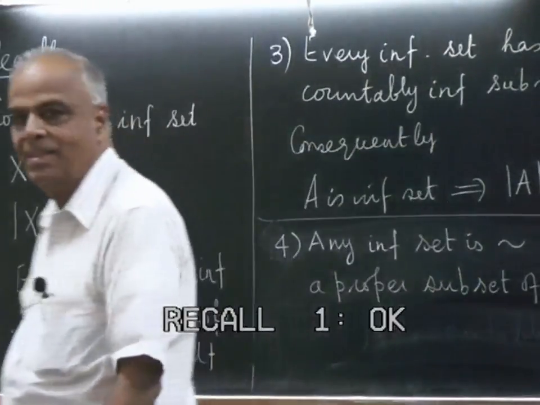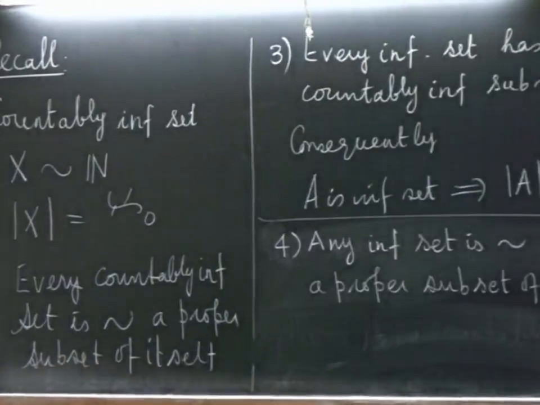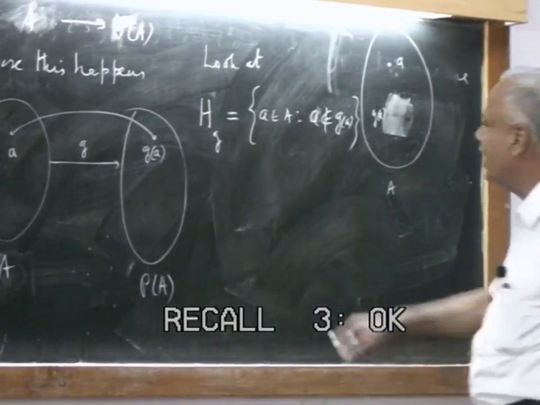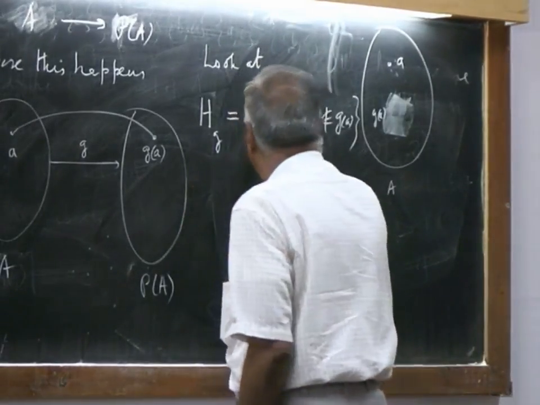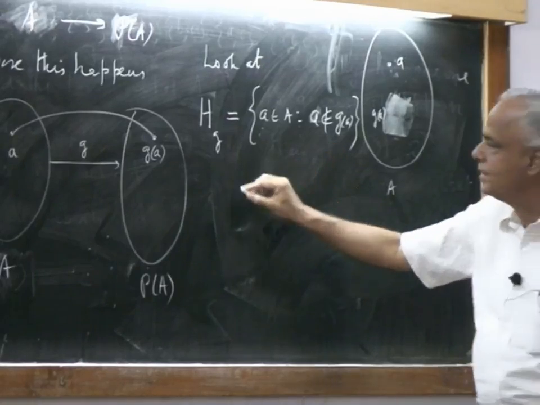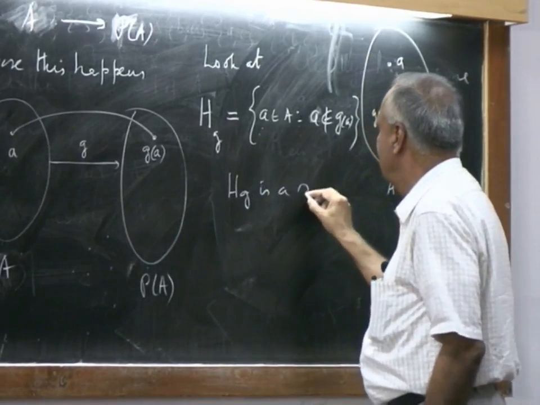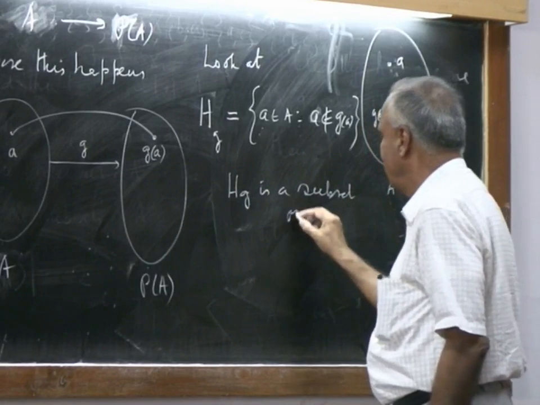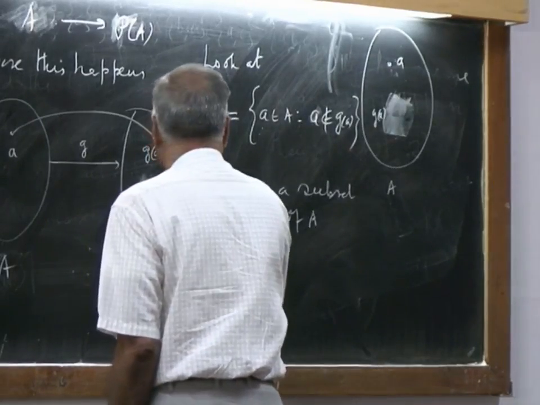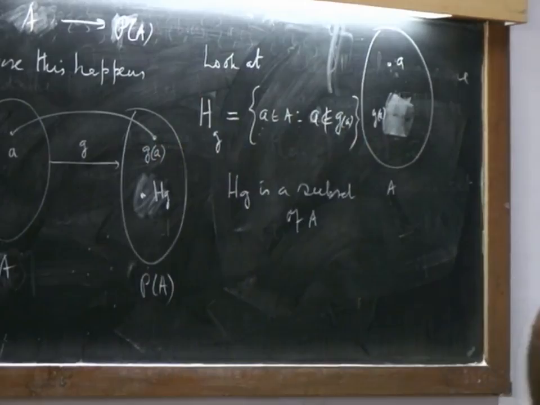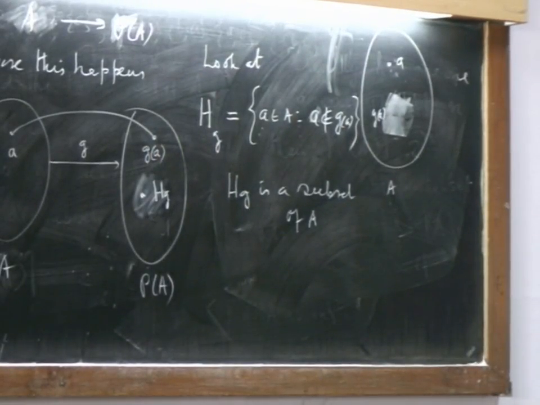Okay. Like I may be a supporter of Delhi Daredevils, but I am not a member of the Delhi Daredevils. So, I am going to collect all those fellows. Okay. Now, that fellow being a collection of elements of A is himself a subset of A. So, that fellow is sitting here. This is one element. HG must be here, right. HG consists of all those fellows who are not members of the team to which they are allocated by G,